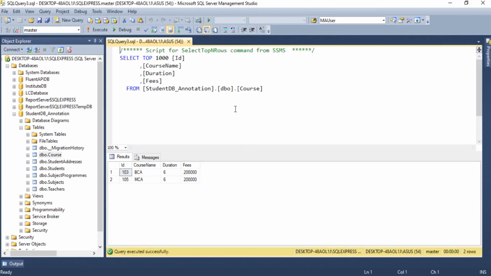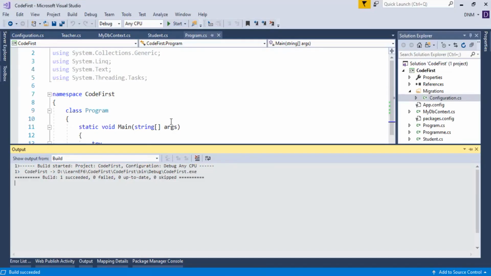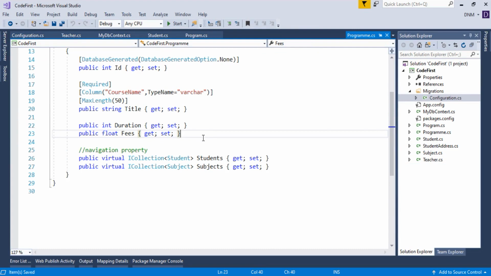through data annotation we actually changed the name. So this new entry got added and the old data persisted. Okay, so without losing any data, we applied all the model changes to the database. Okay, now let us do one more thing. Now let us change the existing model and observe the behavior of automated migration.